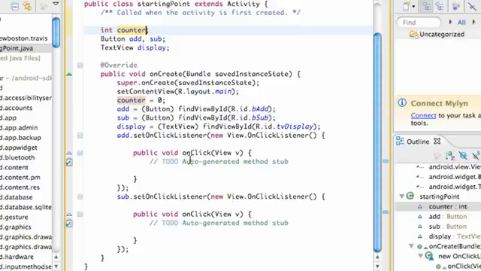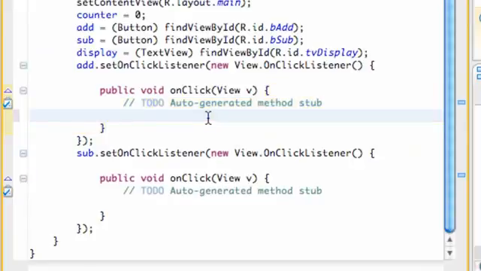So let's set up whatever is within our onClick for our add button. We're going to do that within this onClick method, these two brackets. When our application starts, our counter starts at 0. So when the add button is clicked, we want to add 1 to this counter variable. So we're going to say counter, and we're going to set this equal to,